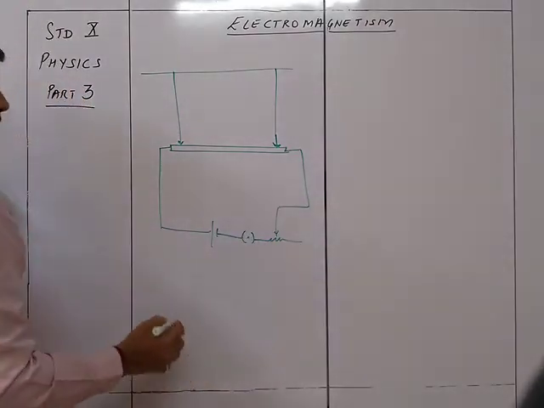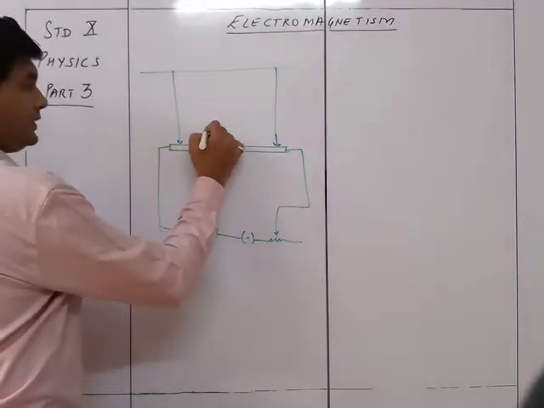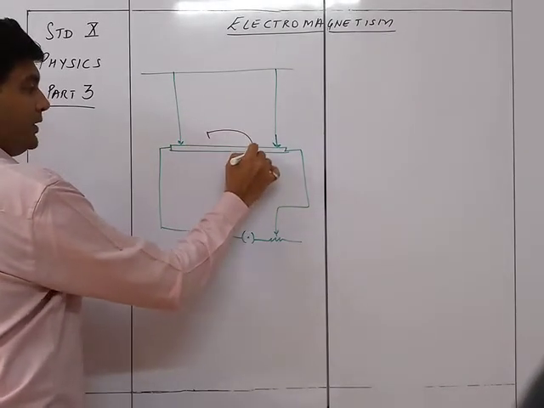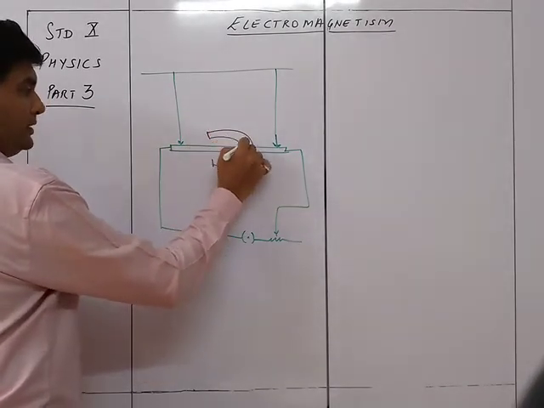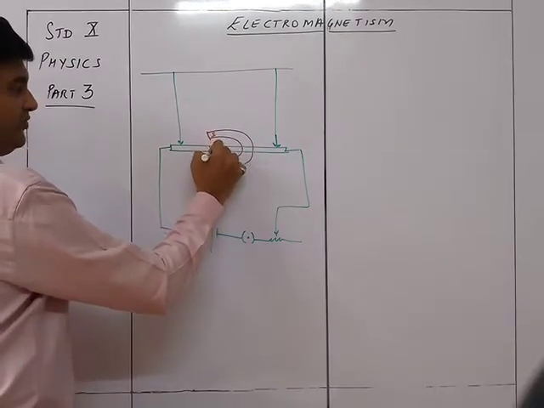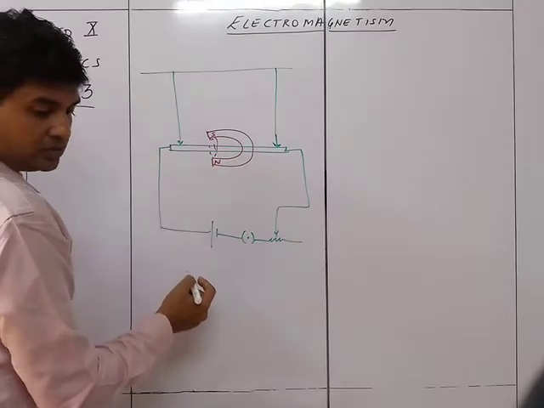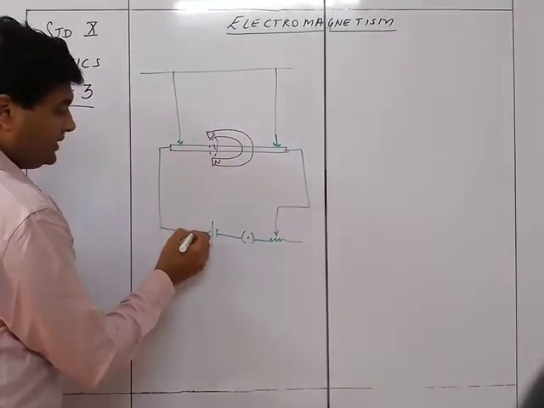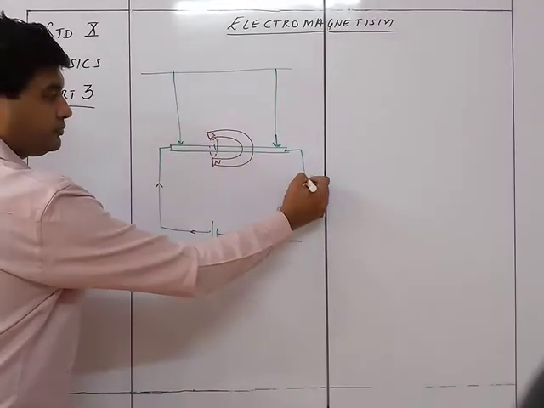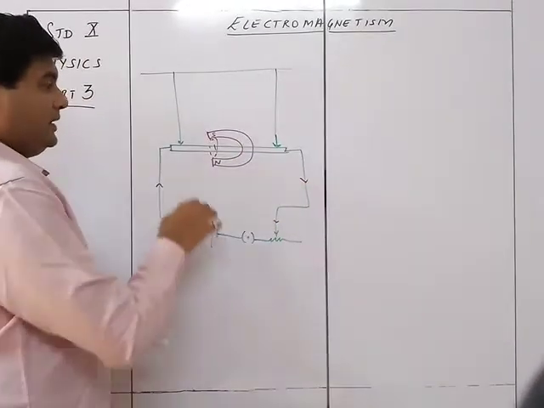So this is what is there. And then what we are taking is a magnetic field over here by a horseshoe magnet, such that this being the north pole and this being the south pole. So the magnetic field is going to be like this, and the current is going to flow over here. So the flow of the current is going to be in this direction, right? This is what is given.